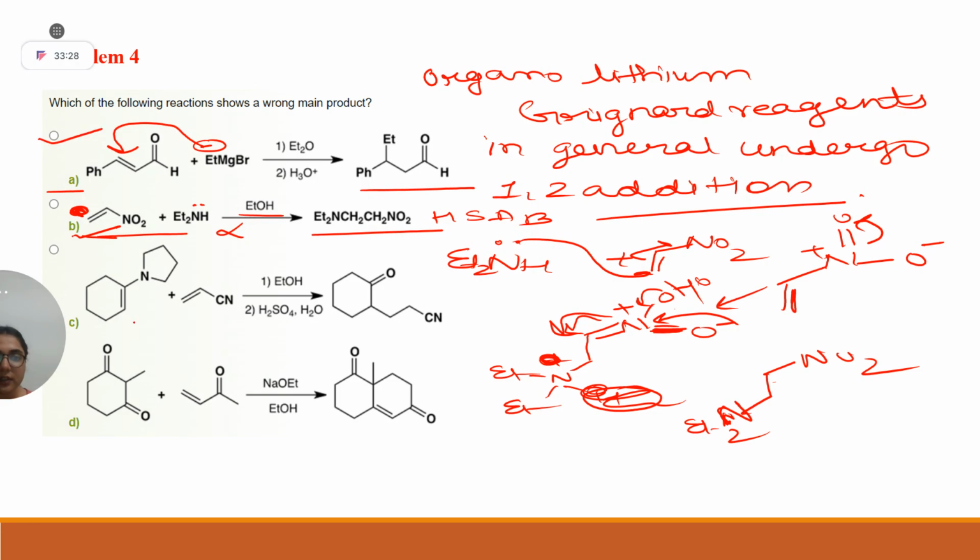Okay, now it's the turn for option C. Again, my question to you: this will be your soft center. This will be your soft center. So soft interaction, right? This nitrogen lone pair will come back and will attack onto this system. You will get this clearly, okay? And then that iminium will be hydrolyzed under these conditions, and you will get the keto product.